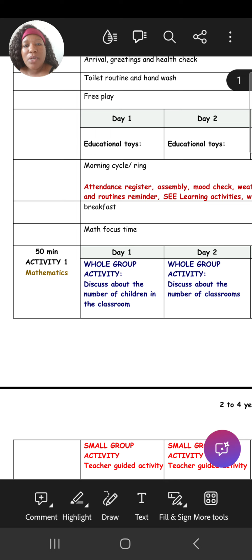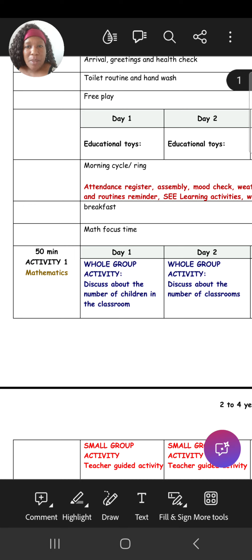Even the activities that we'll be doing here, whatever activity, you look at your class and then you match it according to class. Let's say we are doing something that requires us to count until 10. Your 4-year-old children are going to do that. Your 3-year-old children are going to do that. But as for your 2 years, you should just reduce the numbers. I hope you understand.